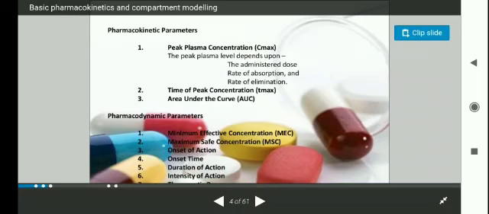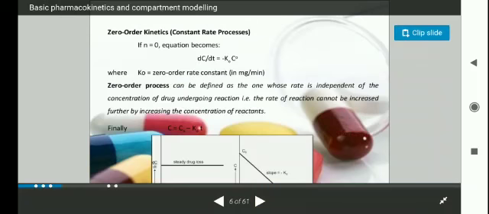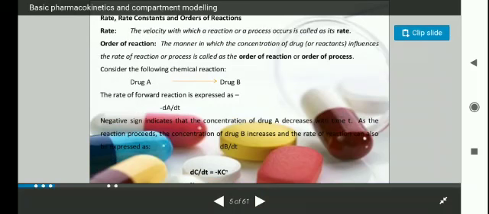And next are the pharmacodynamic parameters. You can see the onset of time, duration of action, minimum effective concentration, maximum safe concentration and so on. So these, the intensity of action and drug actions, are all pharmacodynamic, that is what the drug does to the body. Coming to the next topic, we will talk about rate, what rate is, and first order, second order and zero order reactions later. First of all, we will see what a mathematical model is and what a compartment model is.